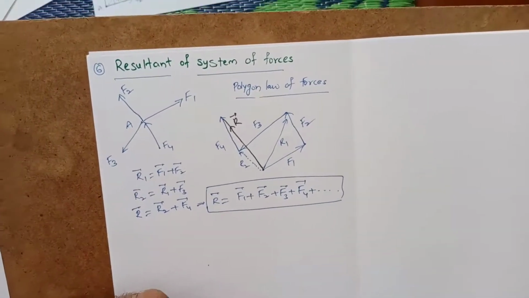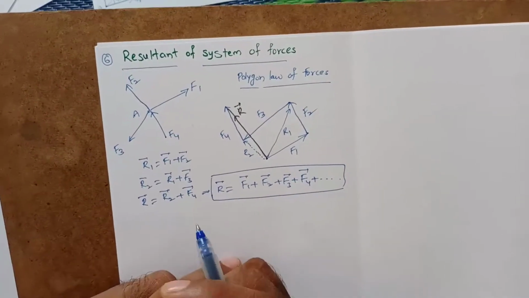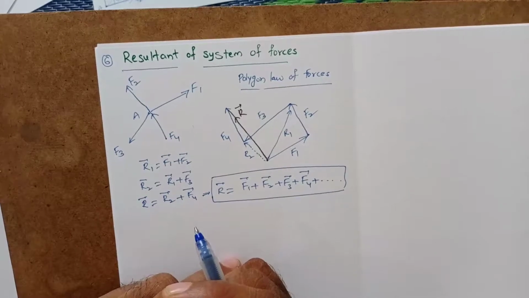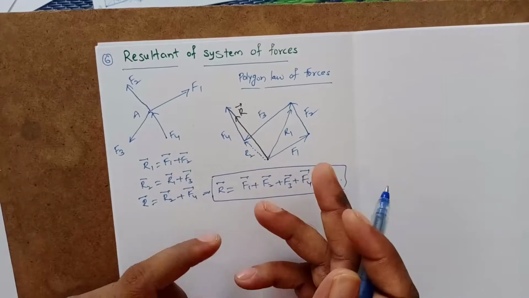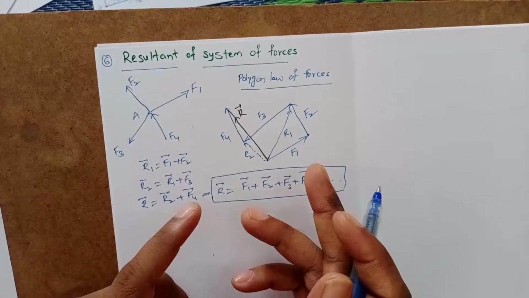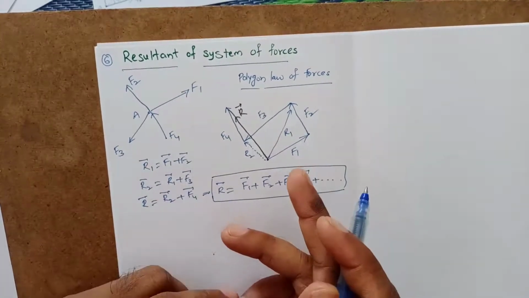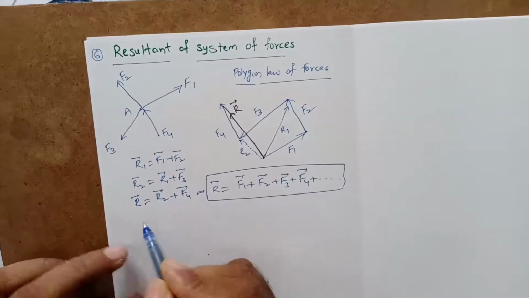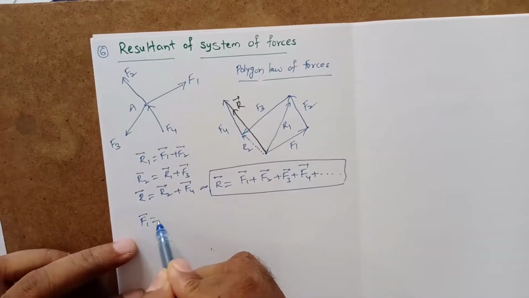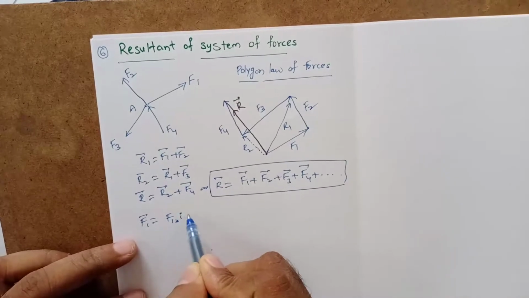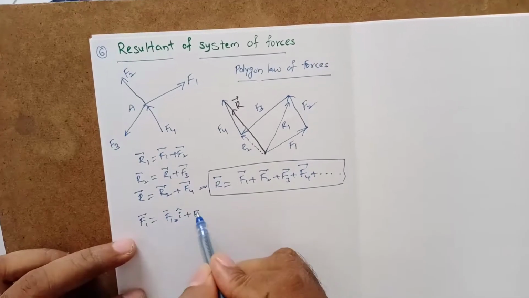Now let us substitute values for these forces. Now we are resolving these forces into rectangular components. If all the forces are coplanar, then we can resolve these forces into two rectangular components. In general, if they are lying in space, then we need to resolve them into three components. So let us write them, say you are resolving this force F1 into three components, such that in general this is F1x i cap. I have to put bars on all of these, and this one I am not keeping here.